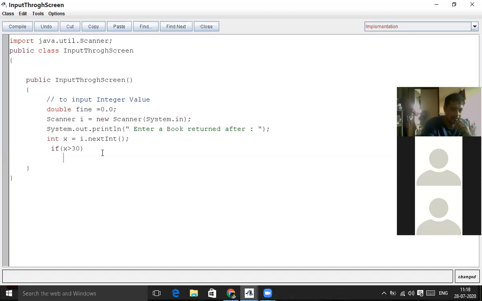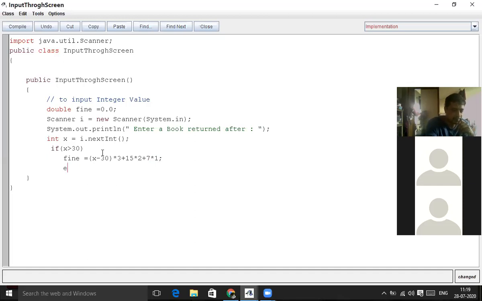So the fine is first equal to X minus 30. This is the number of days crossing above 30. With that, I have to go for 3 rupees fine, and for the 15 days we pay fine rupees 2, and for 7 days we pay rupees fine equal to 1. So we can multiply with 1 for the calculation.